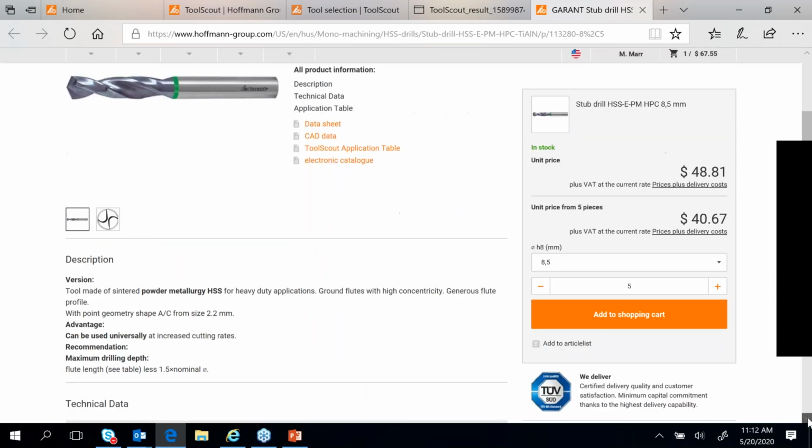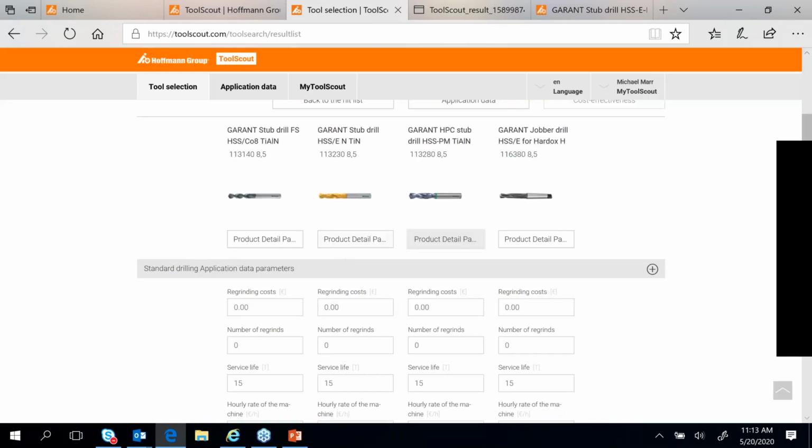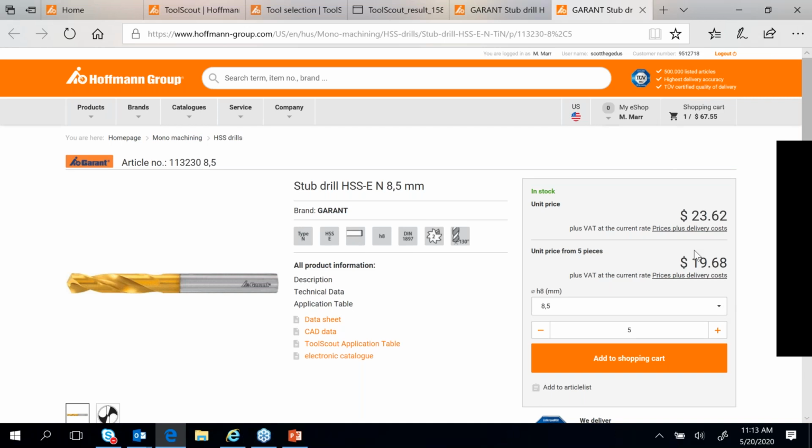The maintenance guy can look and see that this is a powdered metal drill, and it's in bold here, very good for these materials, good for stainless, good for cast iron. Maybe he wants to look and compare it to another drill. Here's one with a Morse taper shank. So if he's got a Morse taper solution in the MRO shop and needs that, he's got that drill to choose. Or maybe he's just looking at a TiN coated solution. He can look at this drill, see the price,